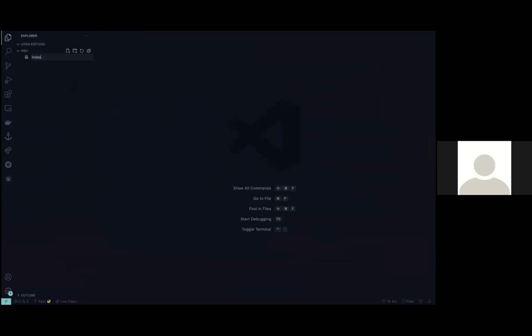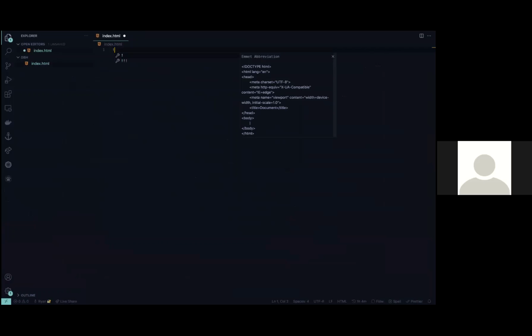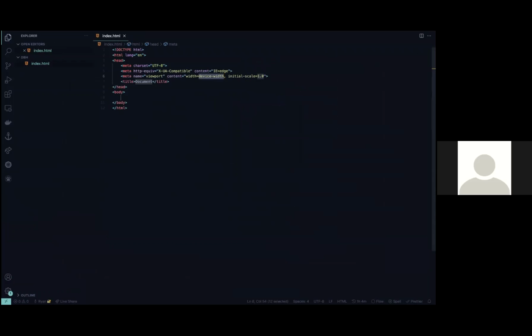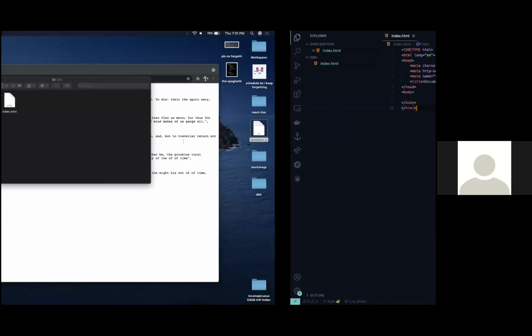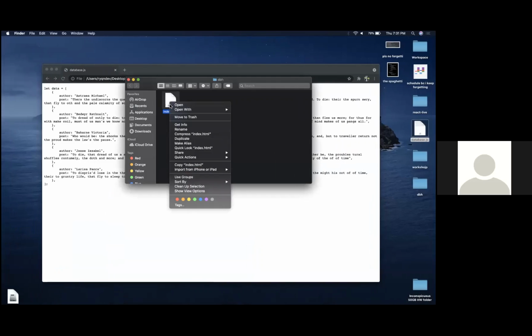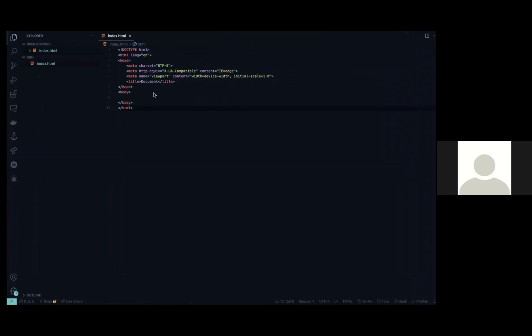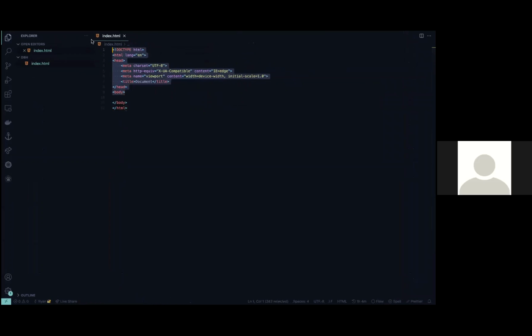New file, index.html. You create an HTML file, okay? In VS Code, there's something called Emmet tags. Exclamation mark, enter, boom, it generates boilerplate code. You don't need to worry about what any of this stuff means because I promise you, when I click on this file and I open this up with Firefox, there's nothing, because all this stuff is just boilerplate code gibberish,